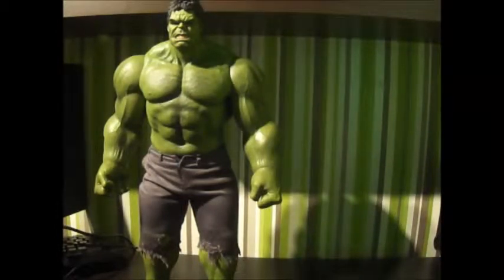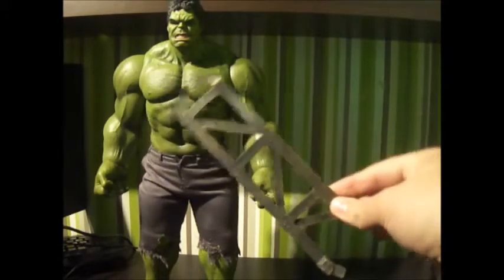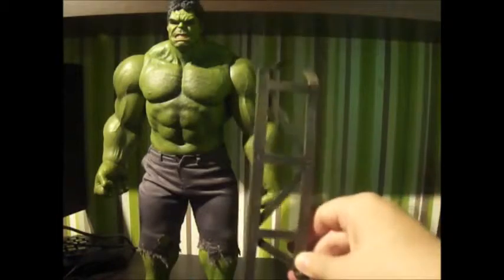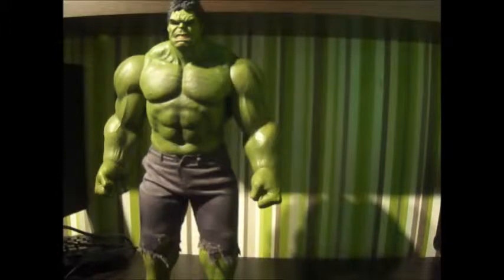You also get these things, which are basically girders or iron plates from a building, which have obviously been ripped out. You do get two of these. They're just the exact same thing, so it's ideal just to have in his hands. Obviously at the moment he's got fisted hands, and that comes onto his other accessory, which is in fact